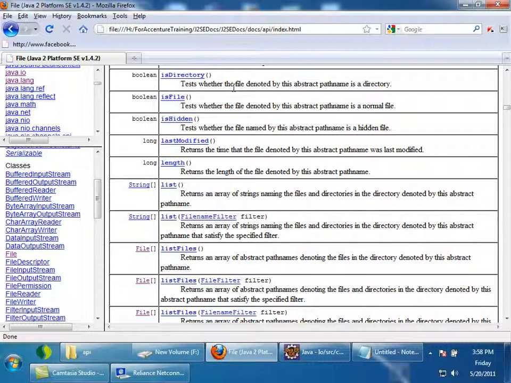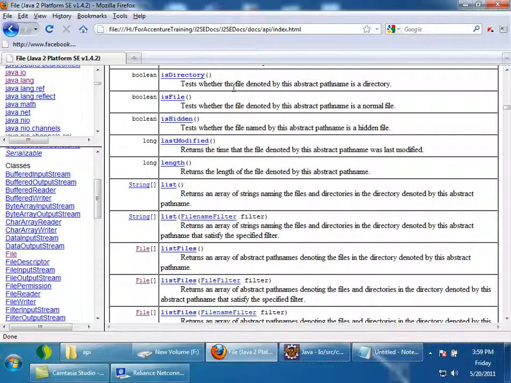In C drive, let's assume that there are 10 files or directories. Now if you call listFiles, it will create a file object for each file or directory. It will return a file array. Say in C drive there are 5 directories and 4 files. Totally how many? 9. So you will get a file array of size 9.